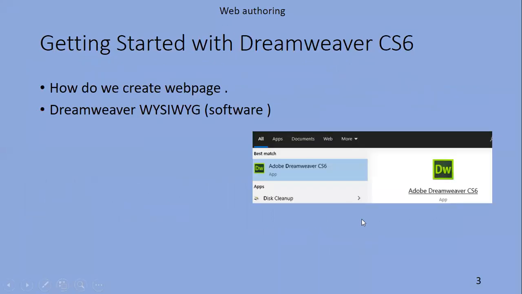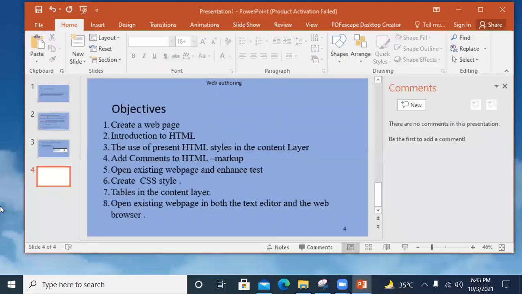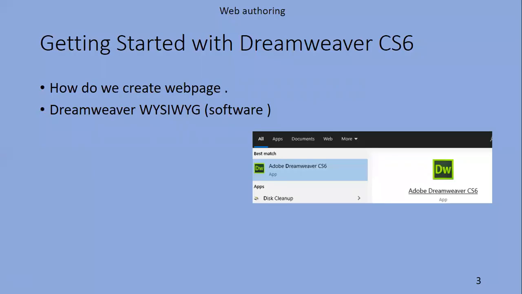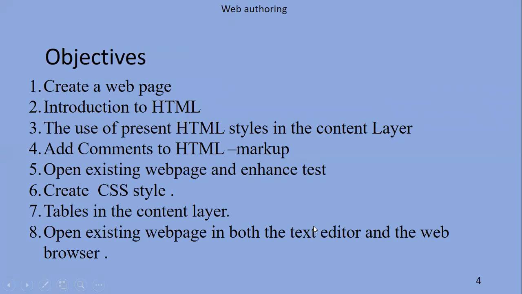Anyway, getting started with Dreamweaver, which is a text editor, an application software that we use. I mentioned here this term, WYSIWYG, What You See Is What You Get, which we basically use for the Dreamweaver application. Sometimes whatever you design, we don't get the same result in some cases. I will discuss it in my last lecture. Anyway, go ahead and read your objectives, which I am going to demonstrate step by step.